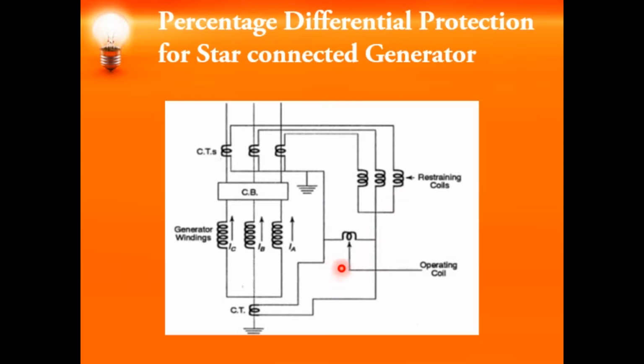coil connection is made this way compared to having three different operating coils. You will have one operating coil and three restraining coils which are connected to each of the three windings of the CTs. So now this particular protection scheme will protect only against the ground faults. Okay, it will not operate against phase faults. It provides protection only against the ground faults.